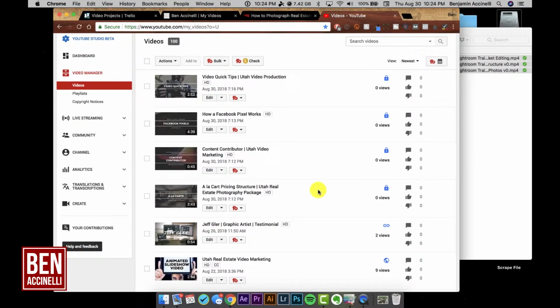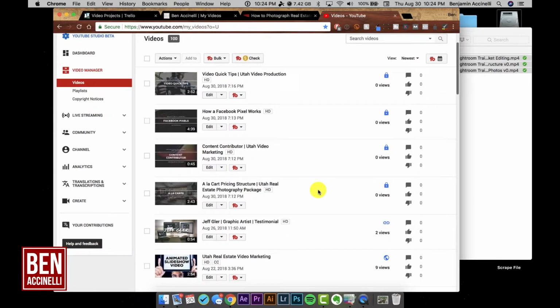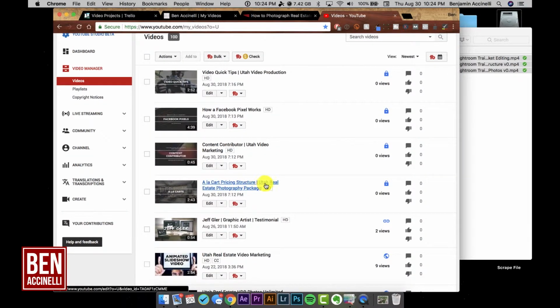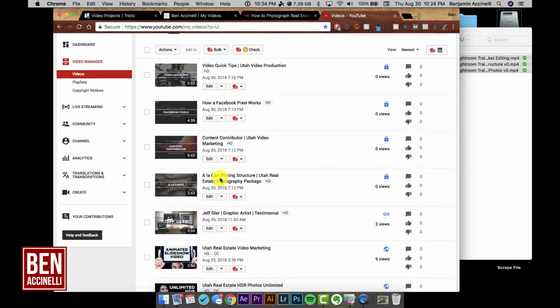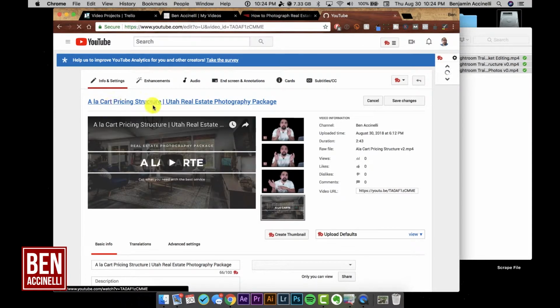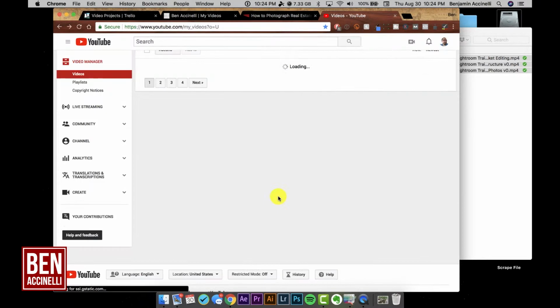Right now there's still more work that needs to be done. So I have a la carte pricing structure, Utah real estate photography package. Let's do this one. I believe I have this one already not optimized, but I think I have it transcribed. Okay, so the reason why I have it labeled this way, and actually I'm going to go back and show you,